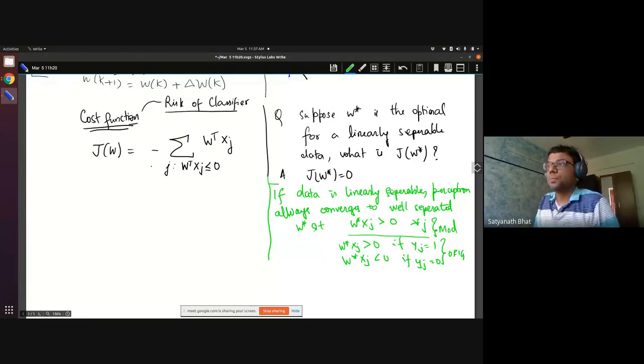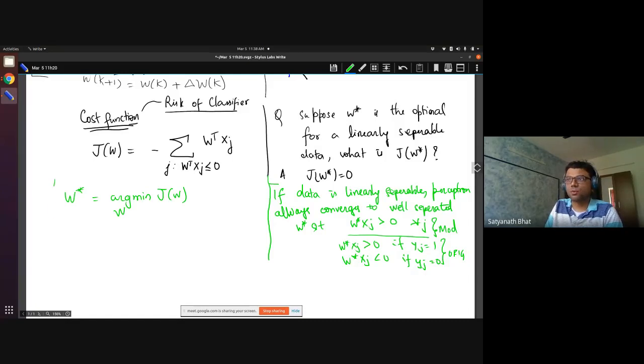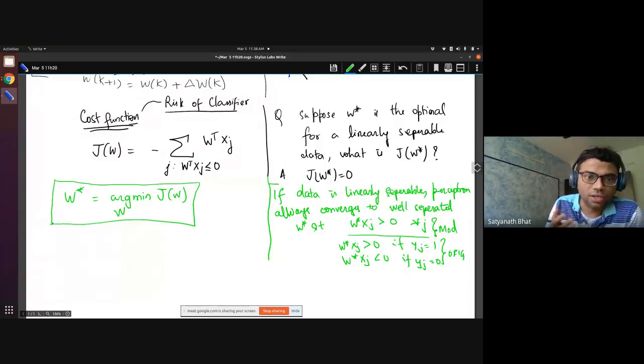Now here is a cost function, and I am saying that I should optimize this. What is my objective? I need to choose W star, which is equal to argmin of J of W. So how do you do this problem? Have you seen this in some class? How do we approach this? If you want to treat it from optimization point of view, I have already given you an algorithm which does it. From an algorithmic standpoint, how do we do it?